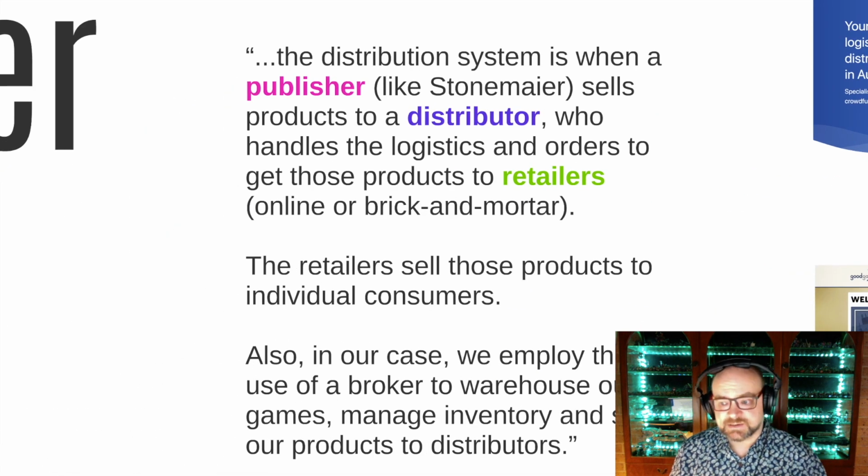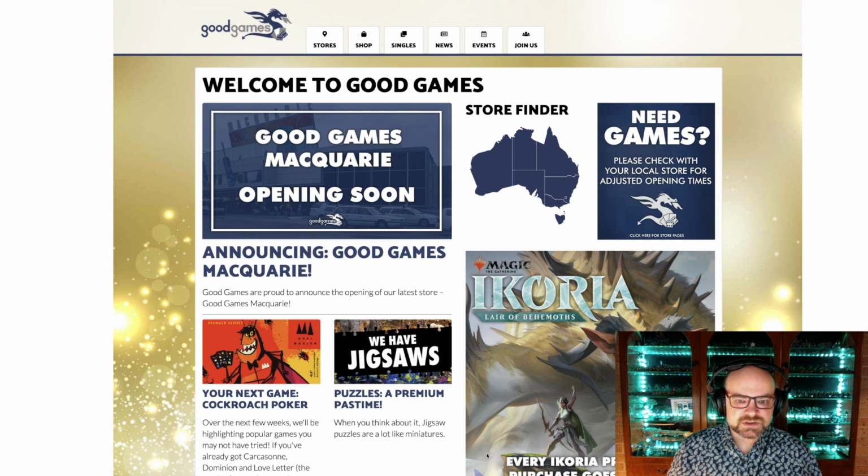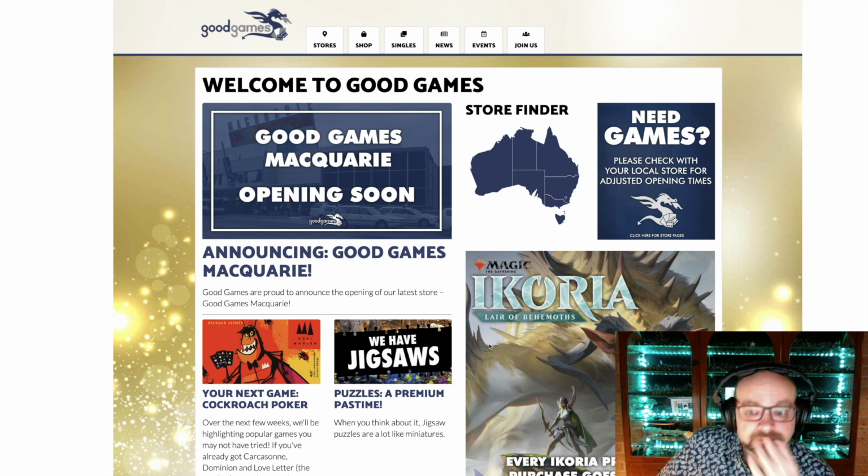One of the retailers that we have in Australia is, of course, Good Games. So Good Games is a franchise business. They open up stores. So it's not a franchise; it's a business. Franchises are different. They have a couple of outlets across the country. Yes, it's not like a McDonald's where you buy into a franchise. They open up stores and put managers into those stores. Although, maybe I'm misspeaking there. Maybe it is franchise. But the main point is that the fact that we aren't sure about it is actually kind of how this whole business typically works.